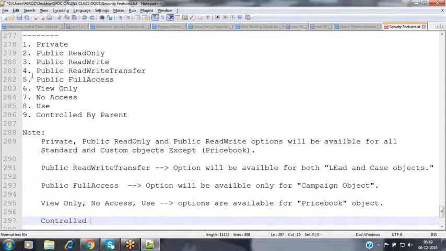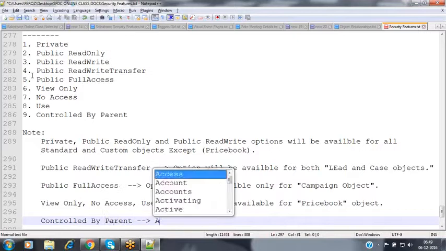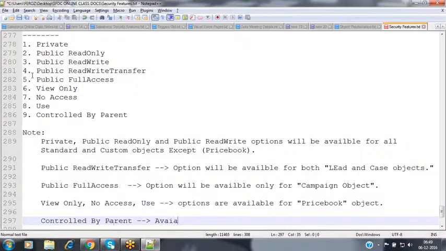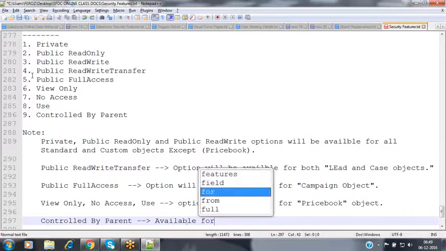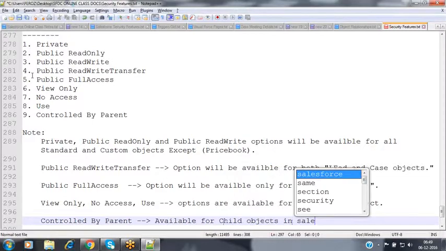And the next one, controlled by parent, is available for child objects in Salesforce.